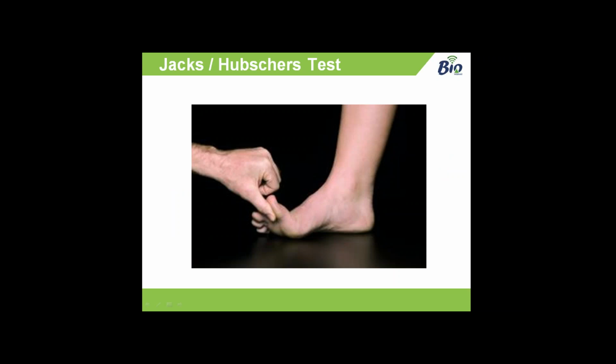Okay, so this one's Jack's test, or Hubscher's test, I don't know what people prefer to call it. Basically, this not only looks at the range of motion and the ease of movement at the first metatarsophalangeal joint, but it also checks that the foot works as it should during propulsion and gait. So you need your patient weight bearing,